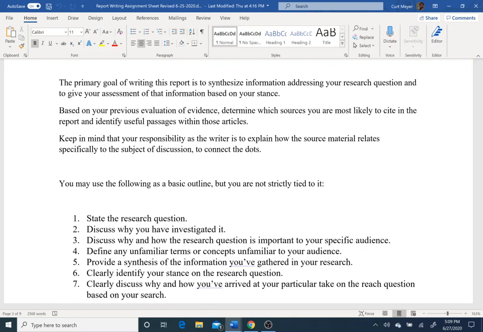And that's what you're doing. You're synthesizing that information. Okay, such that you're trying to make the expertise that you have gathered by way of your annotated bibliography accessible to your given audience, okay,